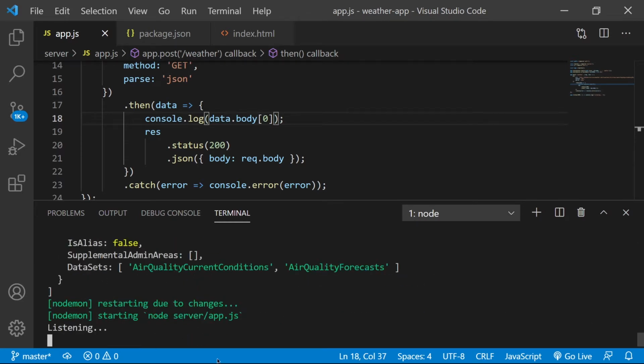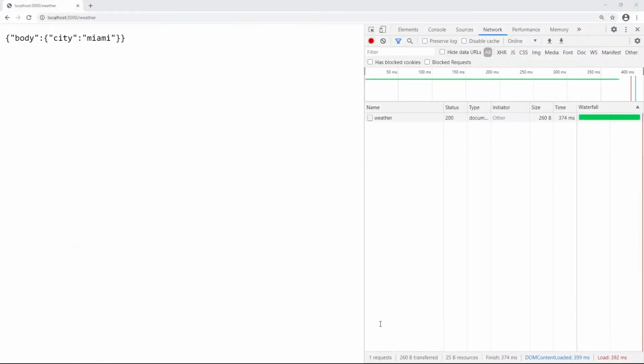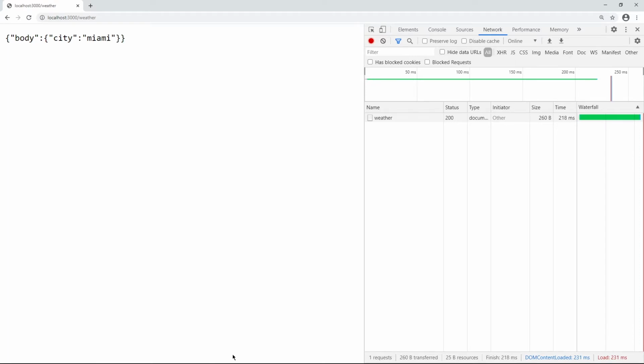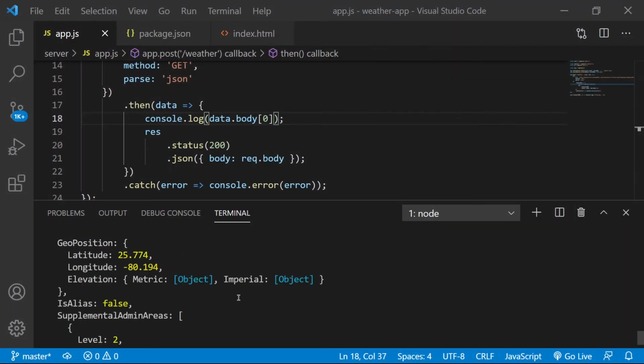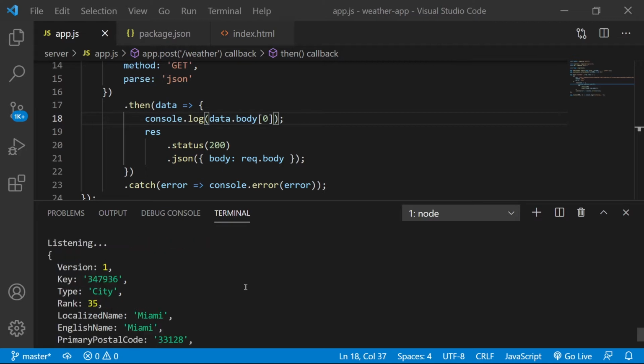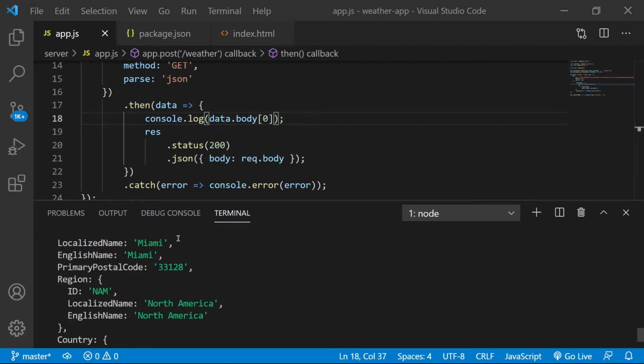Let's just do that. Let's go ahead and make our request again. Go back to our code here. Okay, so now we just have information about Miami, Florida. Yeah, okay, so this is now Miami, Florida. For just now, I'll assume that the first item in this array is the most relevant one, and then let's just go from there. So let's clean this up a little bit now that we have some information.